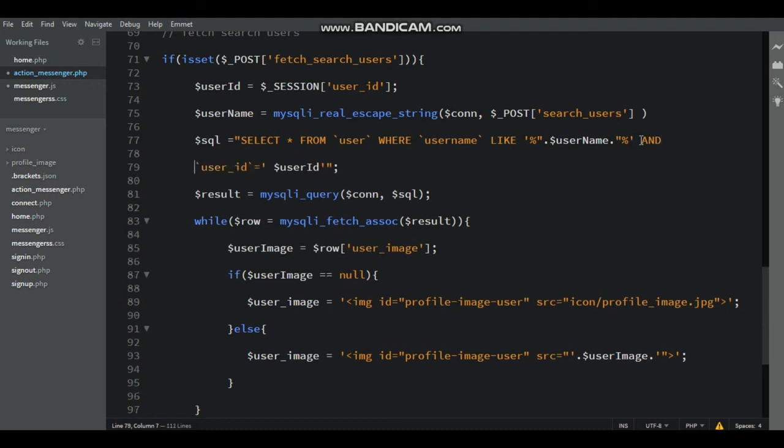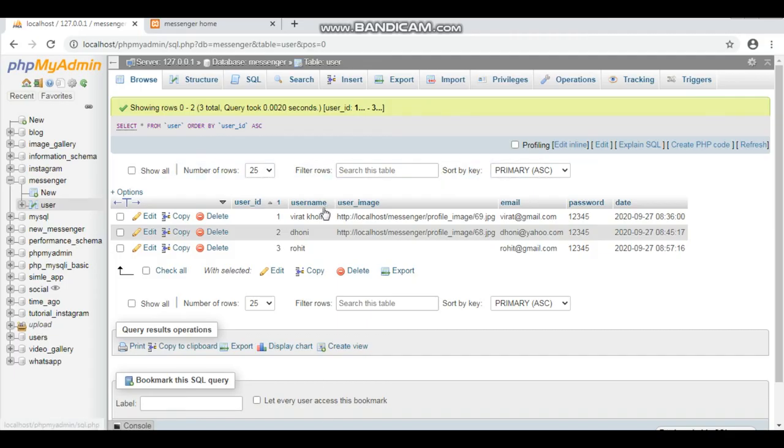Here AND means two values true. Here that is username and user ID is true, so that is user ID not equal to user ID. Here user ID is not equal to session user ID.